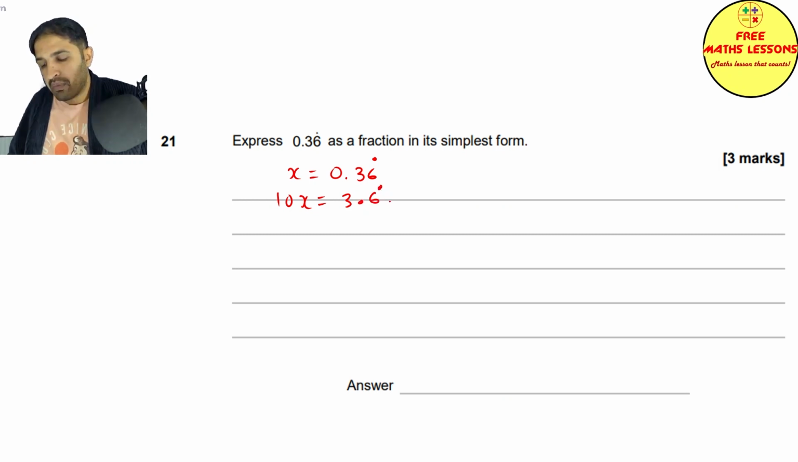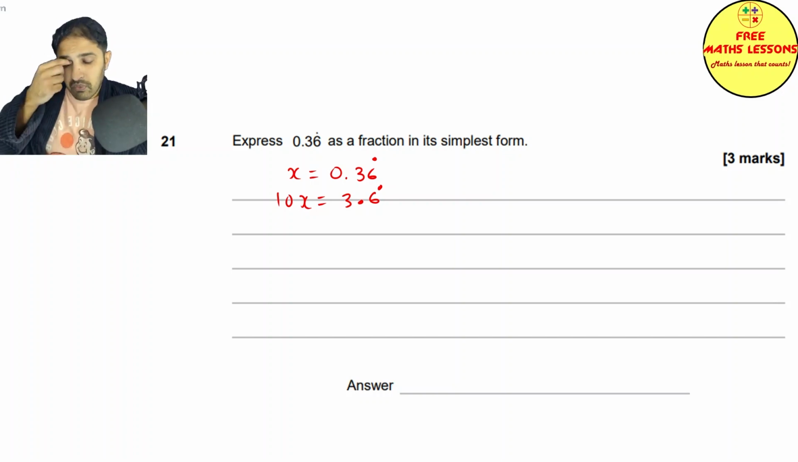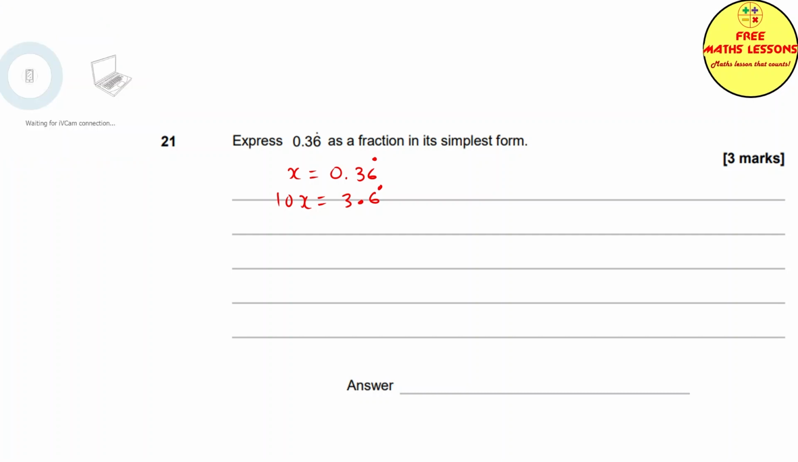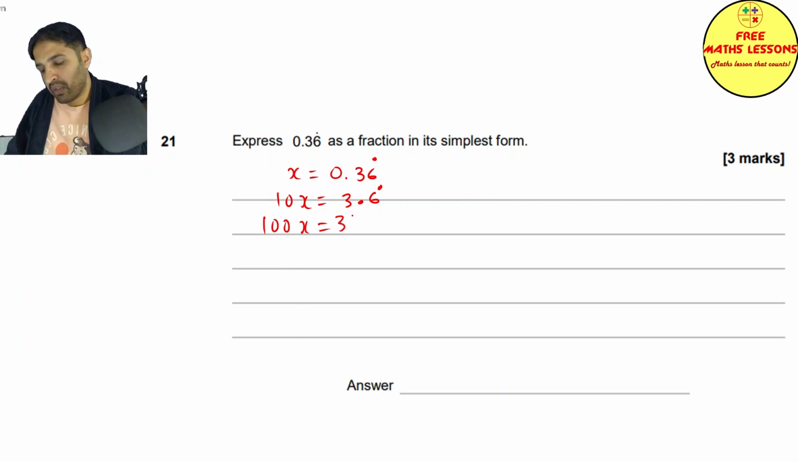Okay. So now I need to be able to work out 36.6 reoccurring as well. So I need to be able to get rid of something. And that's the most important part. We can use this and work with it, but I'd rather use 100x and then work with that. So I'm going to say 100x as well. What is 100x going to be? 100x is going to be 36.6